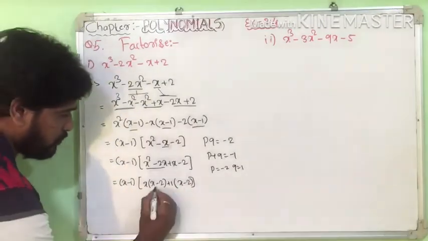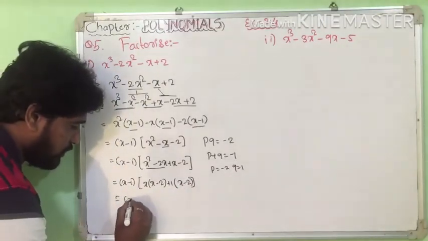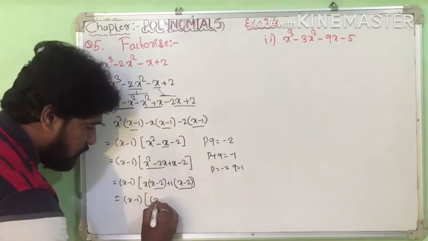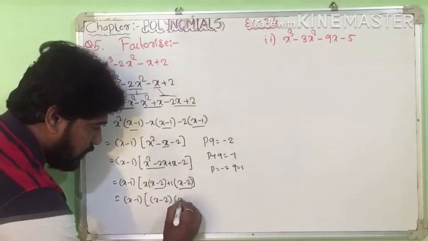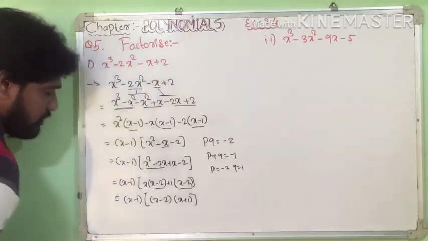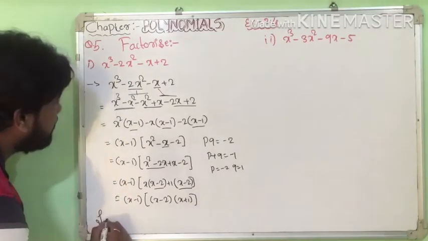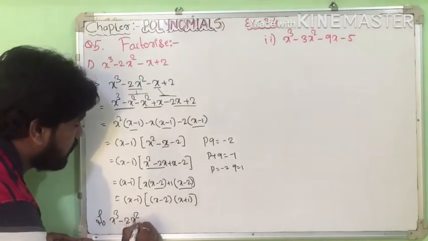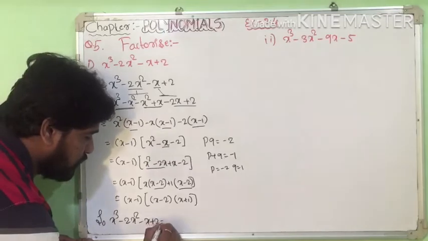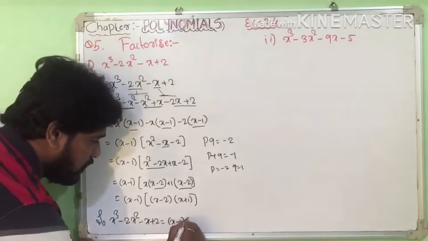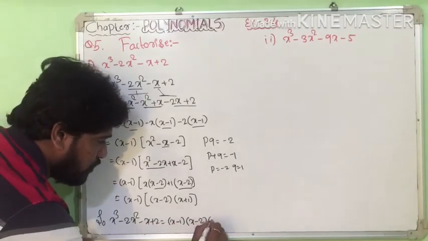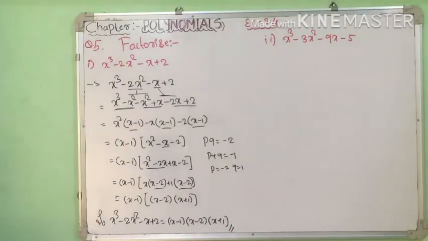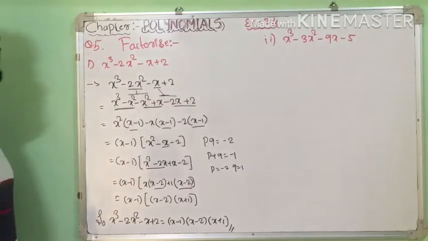Is it clear? So next term, write down x minus 1 as it is. So in these two are common, take outside, so remaining x plus 1. So x cube minus 2x square minus x plus 2 is equal to x minus 1, x minus 2, x plus 1. These are the factors. Is it clear? So similarly, the second one they have given here,